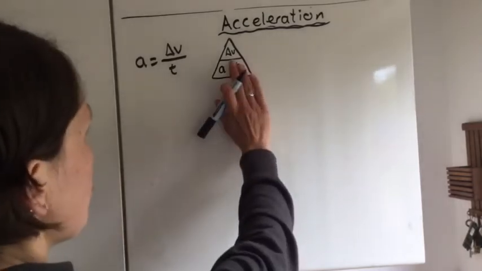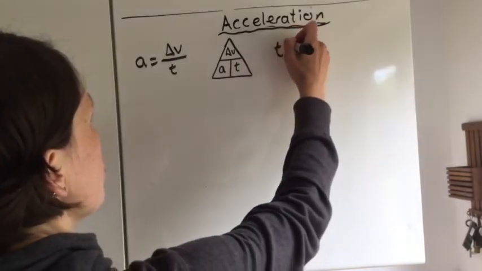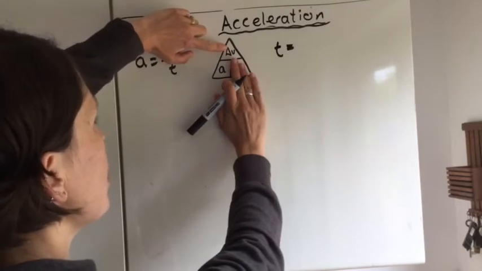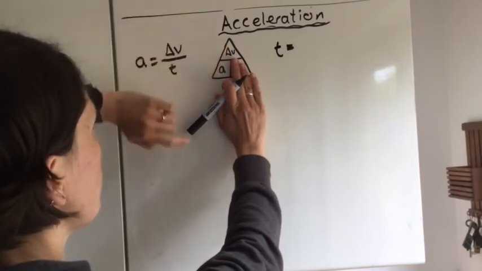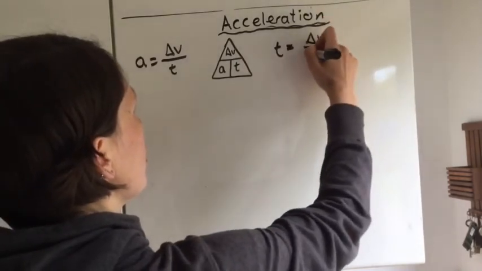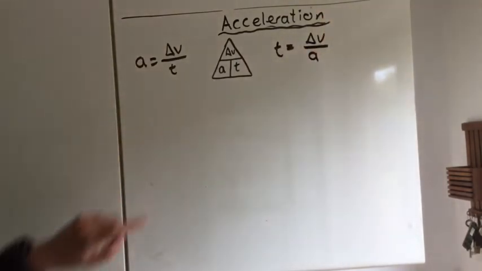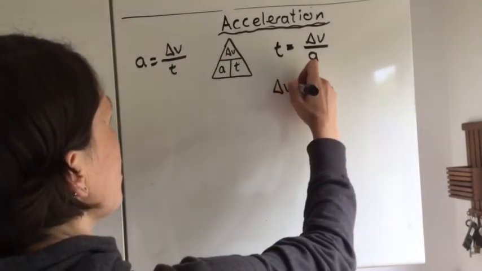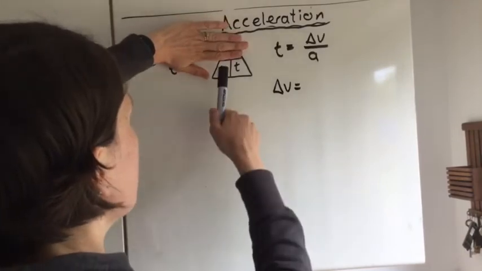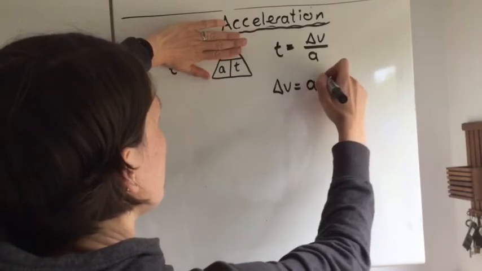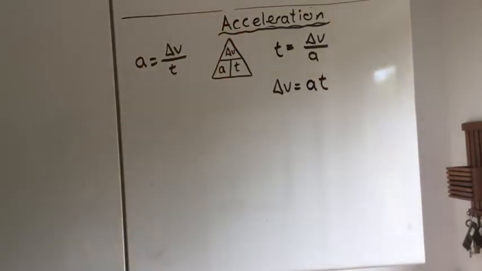So for example, if we want to know time, we would say time equals, put your fingers over that, the change in velocity is above the acceleration in the triangle, so it's laid out in the same way as this one. So change in velocity divided by acceleration. And if we're being asked to calculate the change in velocity, then say change in velocity is equal to, so cover that one up, these are next to each other, that basically means multiplied by, but remember we just don't bother writing the multiplied by sign in. So change in velocity is acceleration times time. Okay,